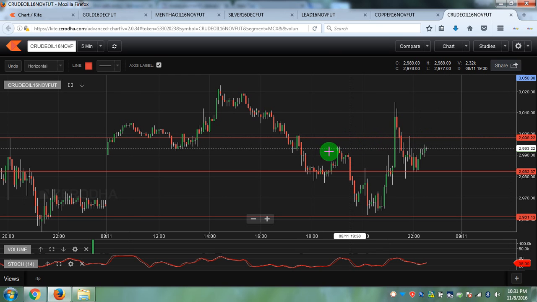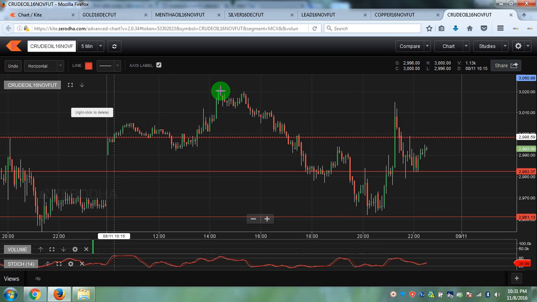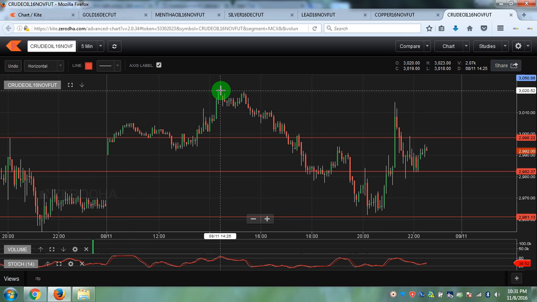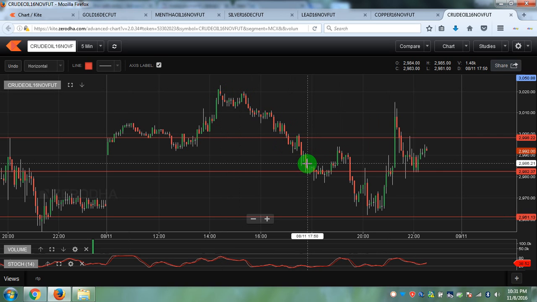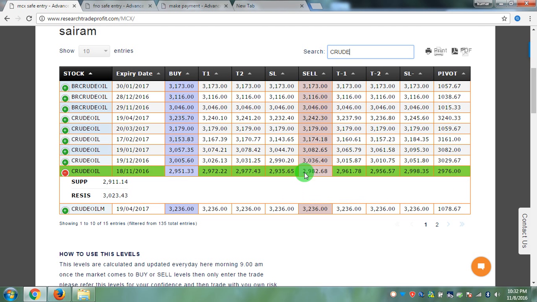As you can see, the stop loss was not triggered once the sell call was generated here. In the morning it opened at higher levels, so it was continuously going up, which is not useful for us. Once the low breaks below 82, then it was a sell call. After the sell call was generated at 5:45, it went up to 2994, and our stop loss was at 2998. So that stop loss was not triggered, and our target, you can see this target,